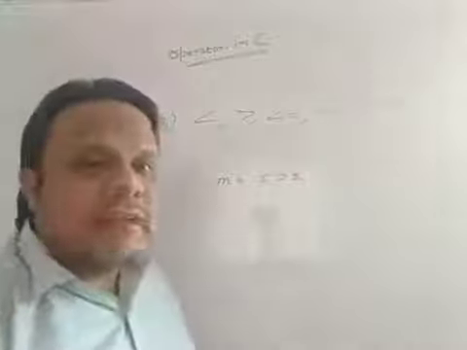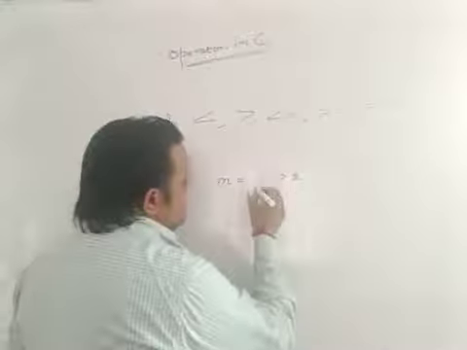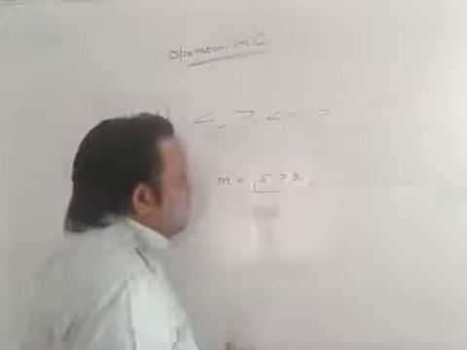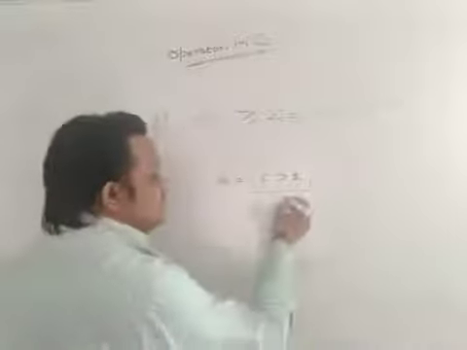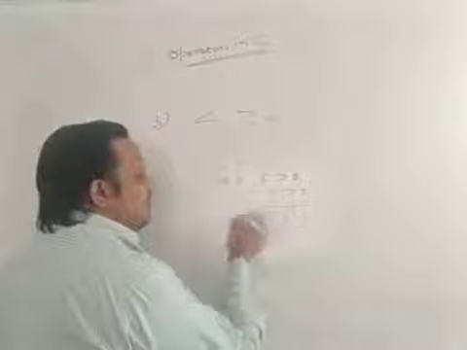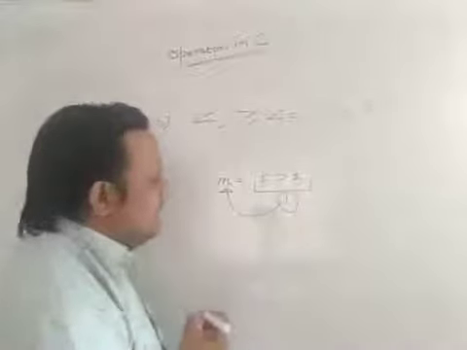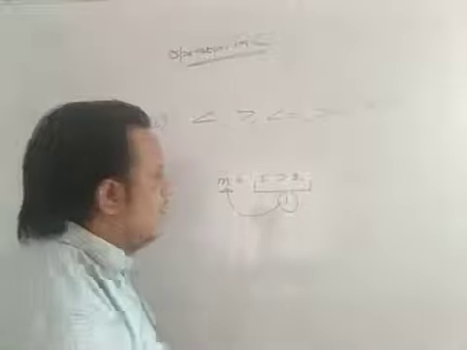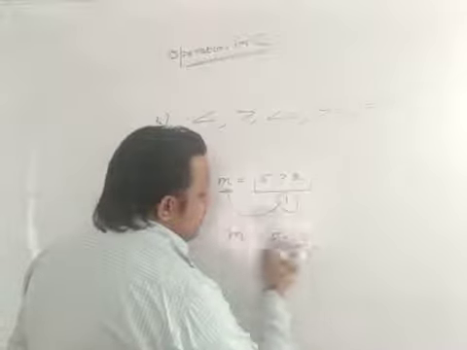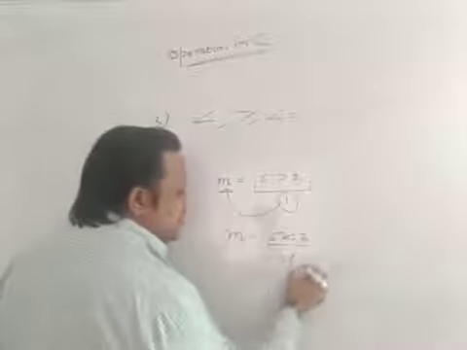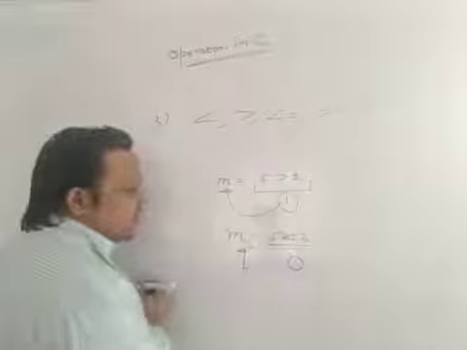How will you find out the value of m? By this you can realize that 5 greater than 2 is a true statement. True statement means what? 1. So this will result in 1, and that 1 is getting assigned to the variable, and therefore the value of m is 1. If I write m is equal to 5 less than 2, this condition is false. False means 0. Therefore, the value of m is 0.